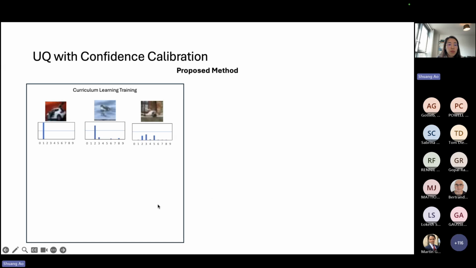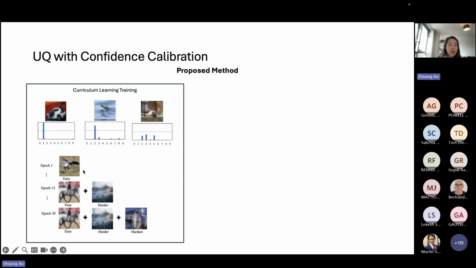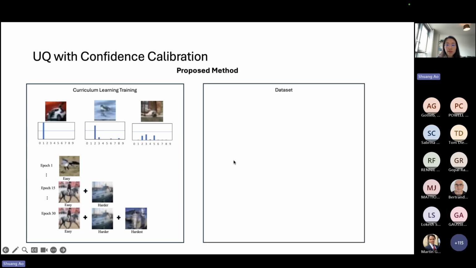To make the model training more like human thinking, there is another training approach called curriculum learning, which means that, well, we study math from easy to difficult. So why not let the model also learn images this way, instead of randomly learning? Why not learn from easy to difficult? So in the first few epochs, we pass only the easy images, and in later epochs, we gradually add more harder images.